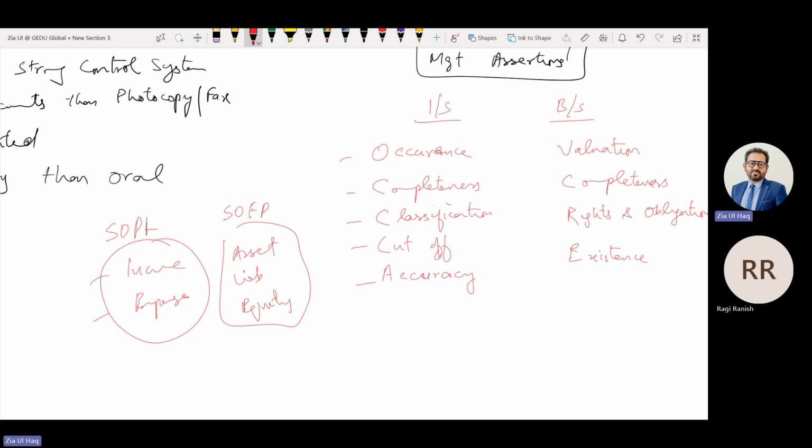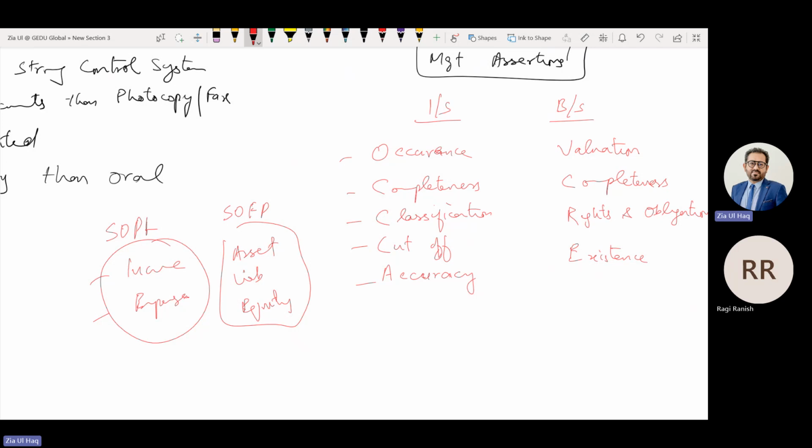Occurrence means all the income that have been recorded, they actually occurred. There is no fictitious or overstatement of income. They have actually occurred. And if the sale is recorded, it has actually occurred. How we can verify it actually occurred? We'll compare the sale amount with the invoice.